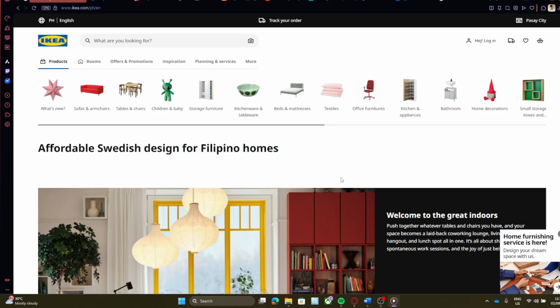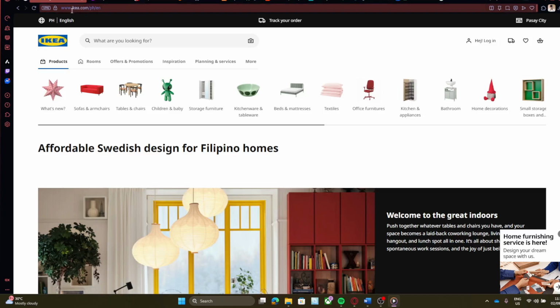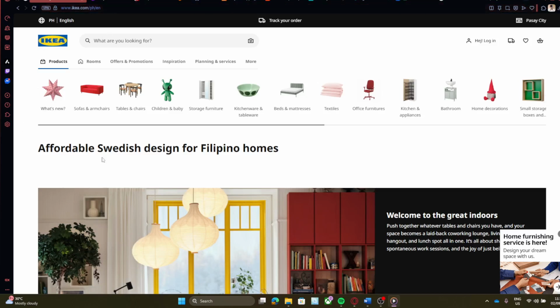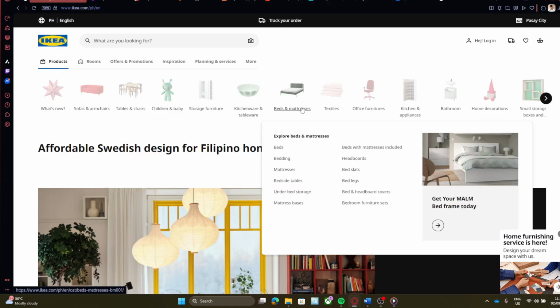To start, head over to your preferred web browser and go to the IKEA website. Once you're there, you'll want to look for the beds section. If you're unsure where to find it, you can typically see it listed under the main categories or menu sections on their homepage. This is where you'll find all types of beds, and for today's guide, our primary focus will